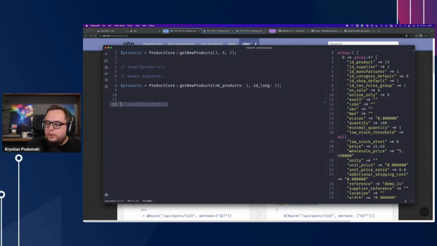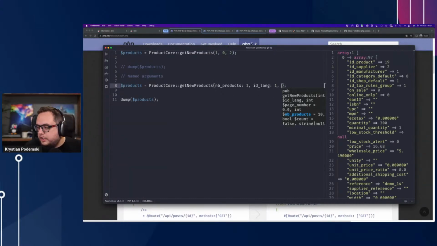The result will be the same as the array on the right screen, right side of the Tinkerwell. So let's dump the products array, refresh, and the array is the same. I can change the number of products to 3, 1. Even if I want to tinker with some other arguments, like, for example, I will,